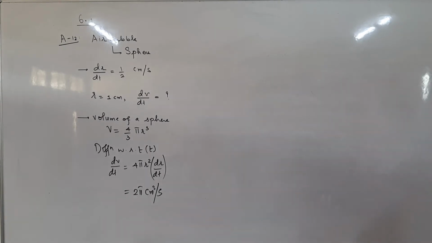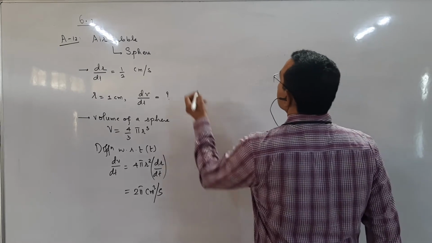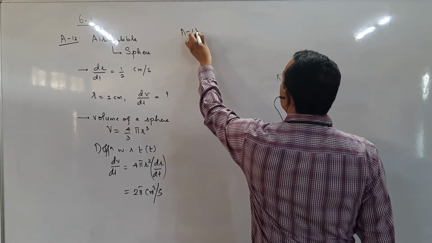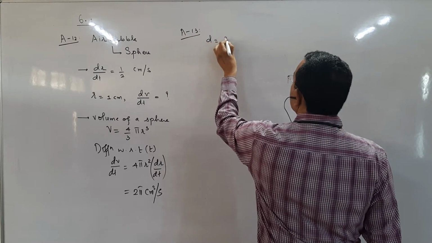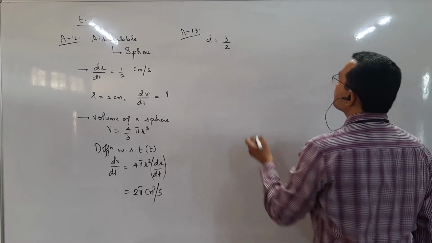So the rate at which volume changes, or the rate of change of volume, dV by dt, is equal to 2 pi centimeter cube per second. Okay students, sum number 32. A balloon which always remains spherical has a variable diameter. If I call the diameter d, then d is equal to 3 by 2 into (2x plus 1)